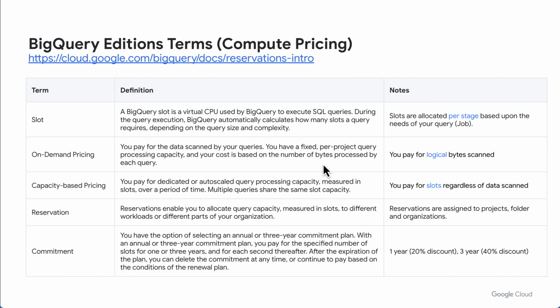We have on-demand pricing. This is typically for US regional, multi-regional at $6.25 per terabyte scanned. So you will pay for the amount of data scanned in BigQuery, and that is the logical bytes. And we'll talk about logical versus physical bytes. So if you scan 1 gig of data, you pay for that, and you're given a number of slots that are available. So you might get a different number of slots, but you will be paying the price for the